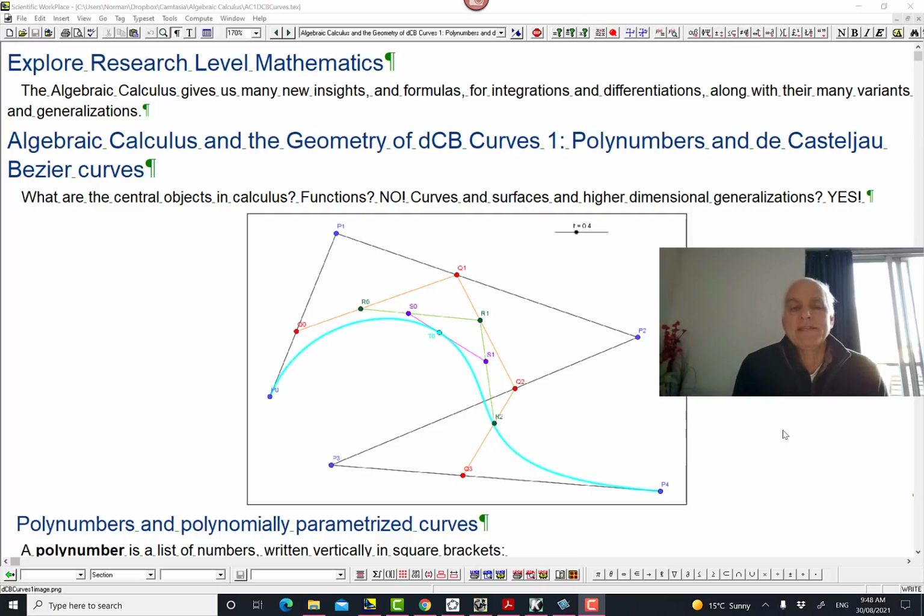So what's the basic point of the algebraic calculus? It's a new approach to calculus, which is really dramatically different from all the other textbooks and courses that you're going to find. In the algebraic calculus, we're interested in doing everything algebraically. We're wanting to avoid anything that involves infinite processes or the assumption that we can do an infinite number of things, including the usual way of approaching limits and real numbers.